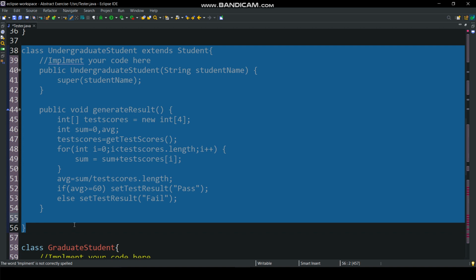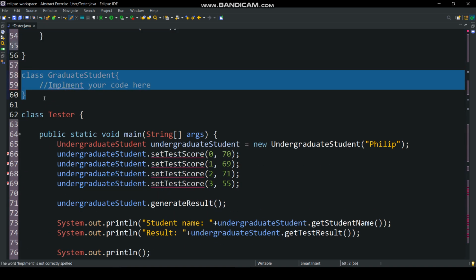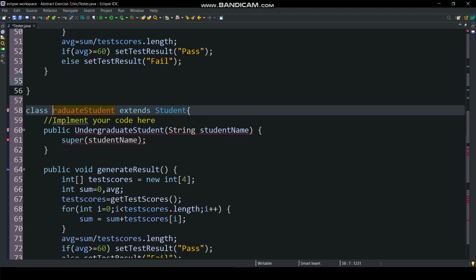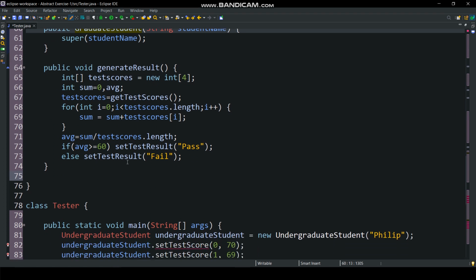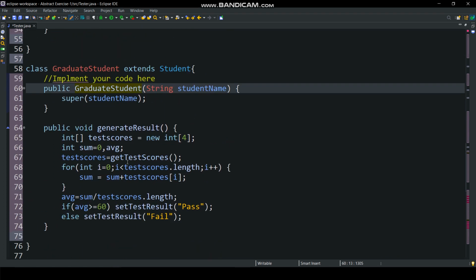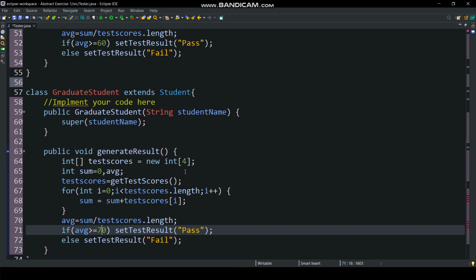Now copy this code and paste below, because here we need to do very few changes. Just put graduate student word in the place of undergraduate student, and in the method put 70 in the place of 60, because here criteria of passing is average mark should be 70 or more than that.